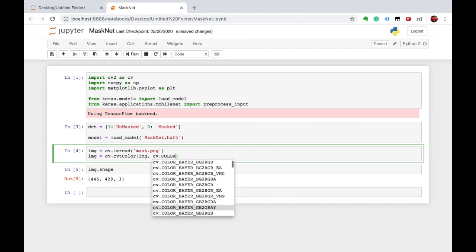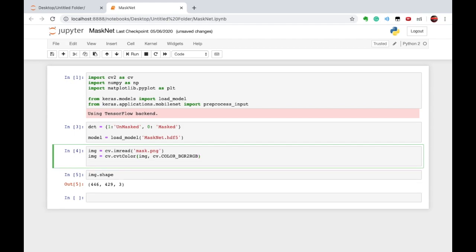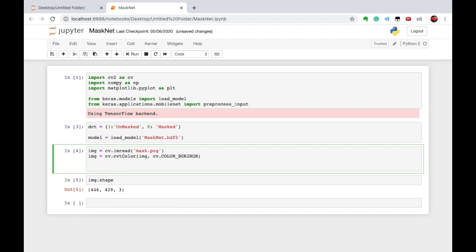There are different options which we can use. We can convert it into grayscale, BGR, and so on. There are a lot of things which we can do. So we want to convert BGR to RGB. Okay, and now the input size of the image for the model is 224 by 224. So let's do it. The cv.resize function is also going to be used here, and I am going to pass the image with the destination size, or the output size, 224 by 224.